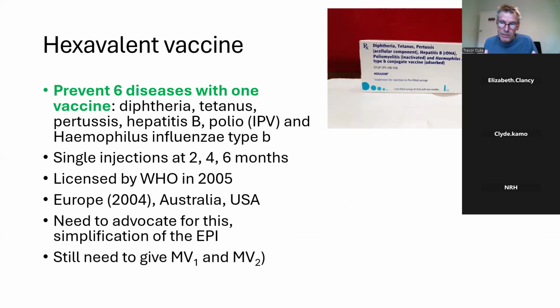And I think the overcomplexity of the EPI system doesn't help for adherence and good vaccination coverage. And we'd still need to give pneumococcal vaccine. That's not included in hexavalent. So there would still need to be a number of vaccines, but it still would simplify the immunization program a